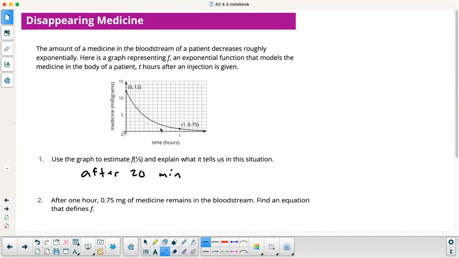And I'm going to take a look here. So I've got to count these and divide. So 1, 2, 3, 4, 5, 6, 7, 8, 9, 10, 11, 12. So I've got to go 4. 4 out of 12 is 1/3. So right here, I'm looking at that point. Looks like it's pretty close to 5. If I look there, it's a little off. There we go. So after 20 minutes,